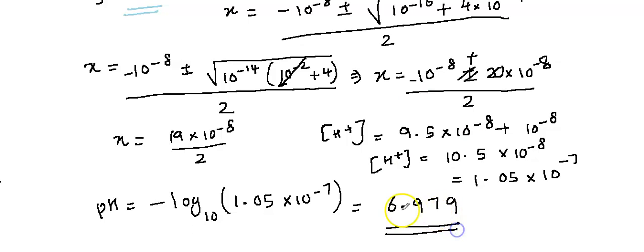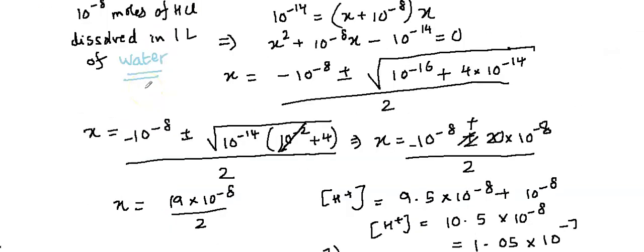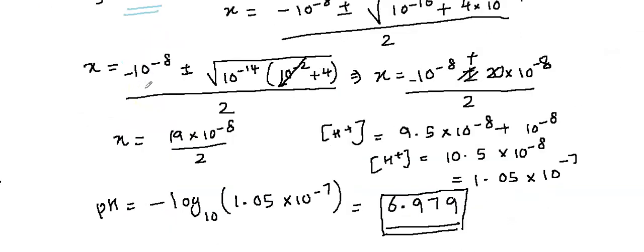Is it? Well, we should discuss more about this, which I am leaving to you. We can do this later. But this makes more sense than 8, doesn't it? Because we know that even if HCl is really dilute, there's got to be more H plus than OH minus. So the solution must be acidic. And it probably is really weakly acidic. This is almost neutral, but slightly on the acidic side.